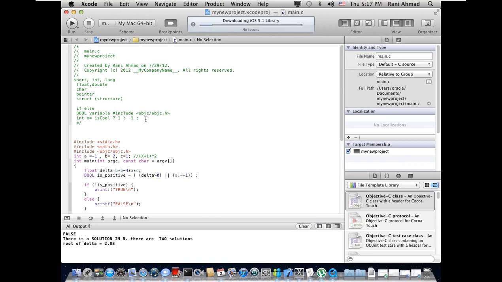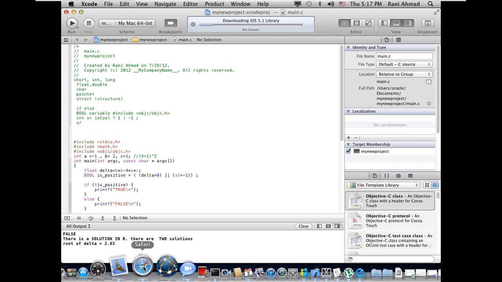Now I've selected the quadratic equation, okay, solving the quadratic equation as a way to tell you how to use if statements. And here we go with the explanation of the quadratic equation if you don't know it. So